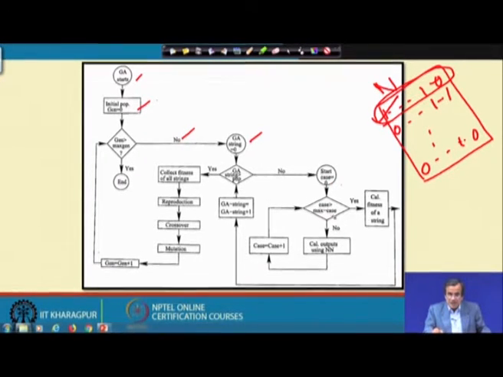Now, here there is one check whether the case is greater than or equal to the maximum case. Maximum case means the total number of training scenarios which I am going to pass. If it is no, then this process will go on and go on. So, case is case plus 1. This is the counter, so the number of training scenarios is going to increase.